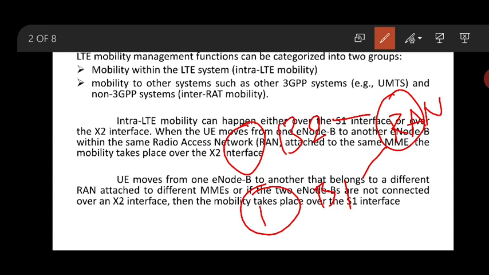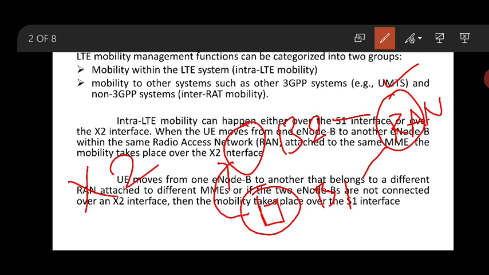Now assume your mobile phone is under the service of B1, and if it is in mobility and goes to the second cell B2, meaning a change over from B1 to B2 under the same RAN,